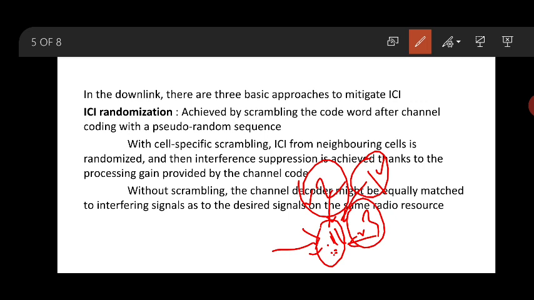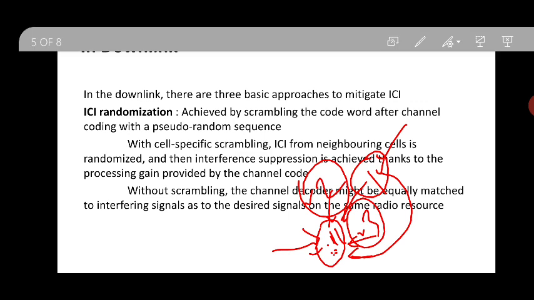And it's the same: look, this is cell number 1 also, the same frequency, but the code word is different. It will identify that a signal is coming from a different cell, so that it can be matched and the signals suppressed by using a code word, and the code words will be generated randomly.